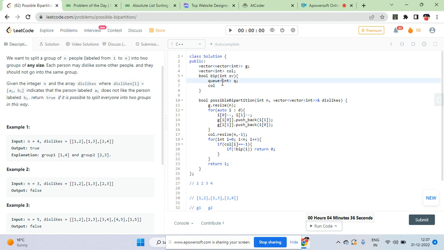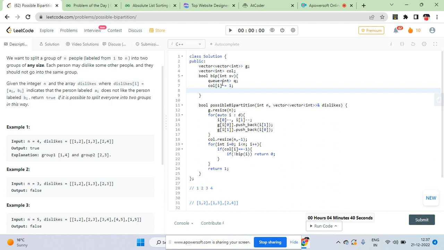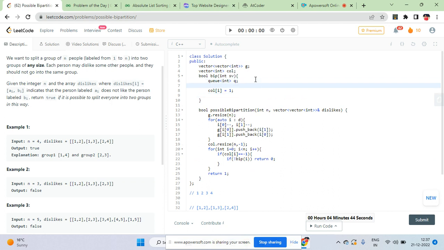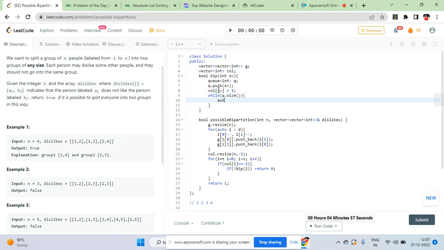That's about it. Color of I will color it by color 1, like the first node which will come, and then q dot push also sv, and color of sv was equal to 1, right? And while your q dot size exists, you will pick out the front, and then you'll do q dot pop,